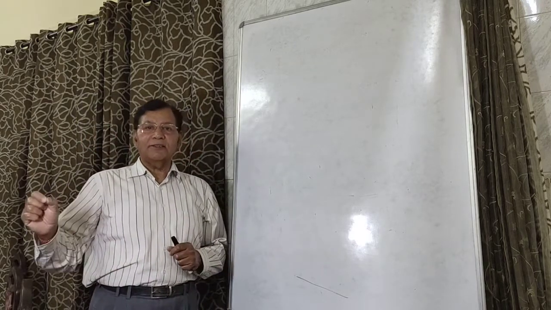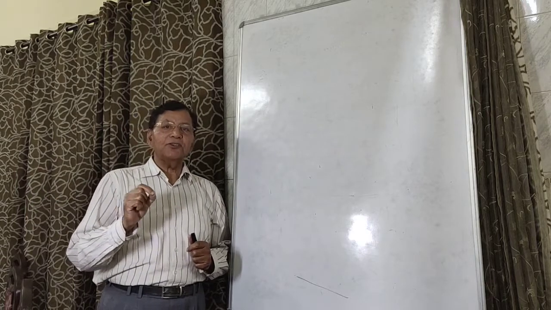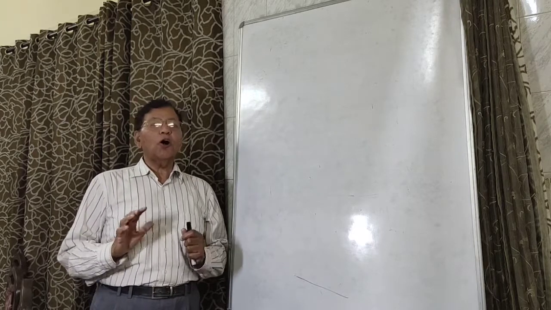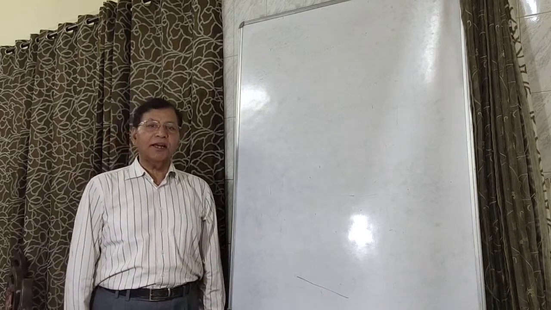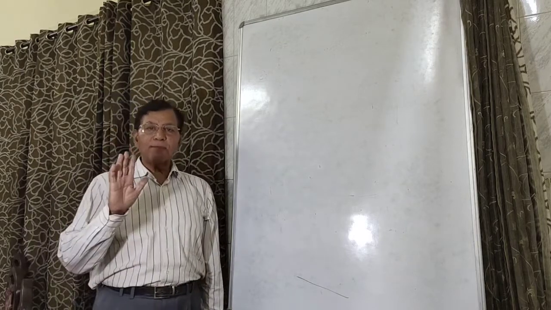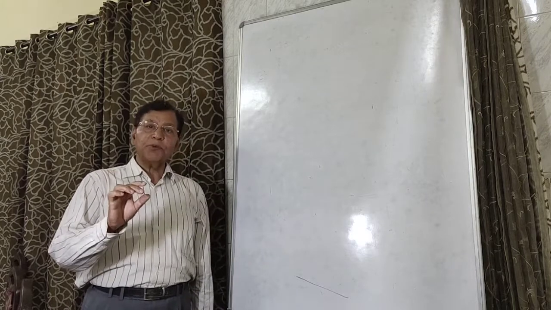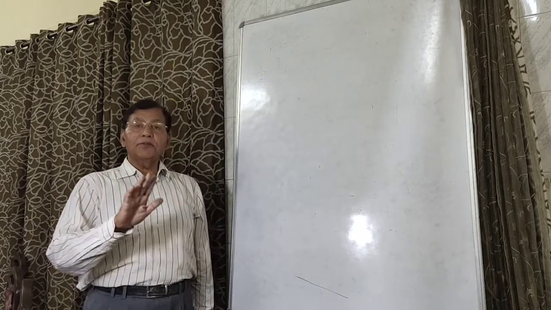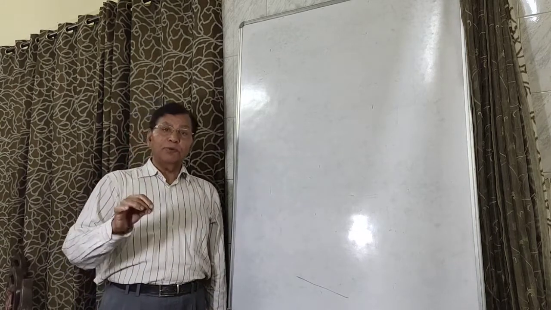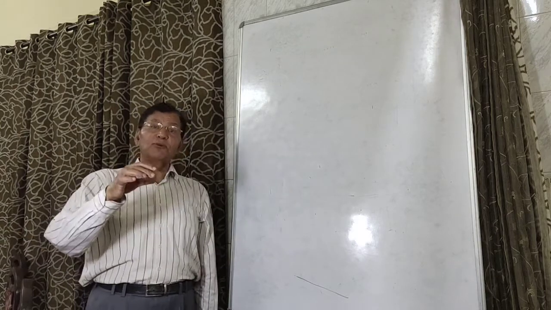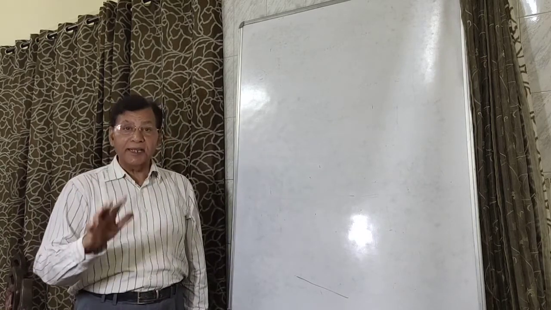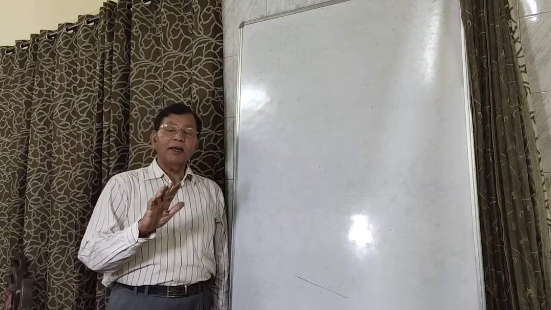This law states that every body in this universe continues to be in its state of rest or of uniform motion in a straight line unless an external force is applied on it. इसका मतलब ये बना कि अगर कोई बॉडी रेस्ट पे है तो वो तब तक रेस्ट पे रहेगी जब तक हम उस पर कोई एक्सटर्नल फोर्स नहीं लगाते, और अगर वो मोशन पे है तो उसी स्पीड से वो चलती रहेगी जब तक हम उस पर एक्सटर्नल फोर्स लगा के रोकते नहीं।